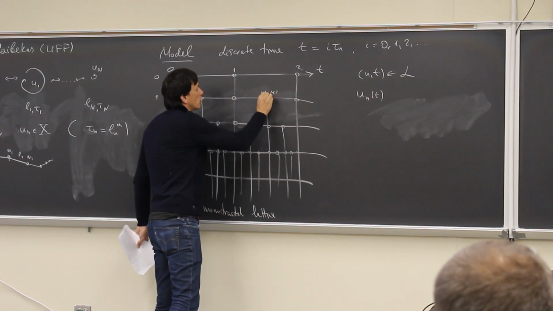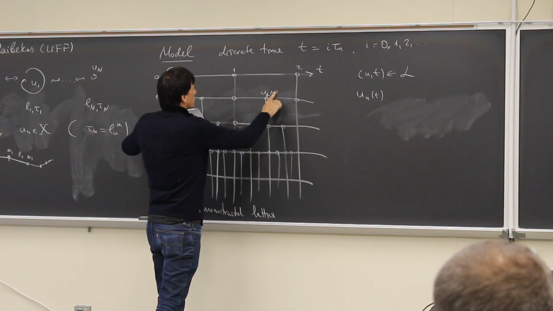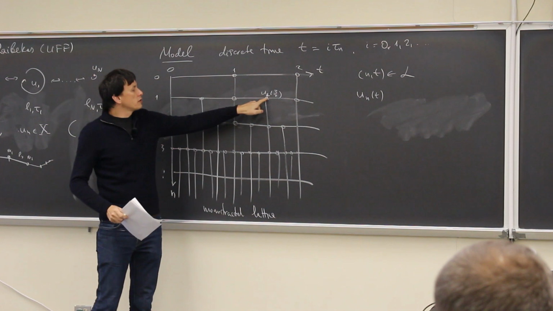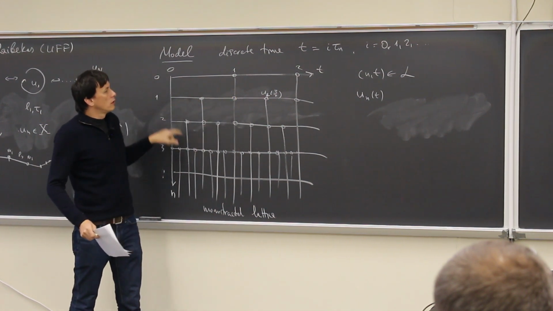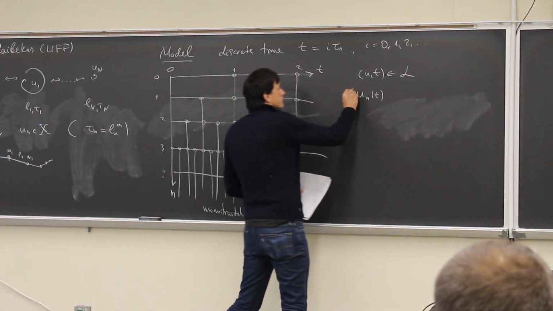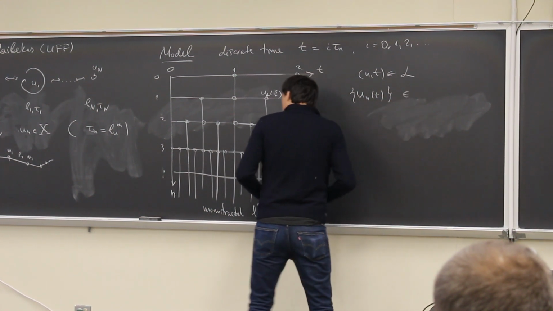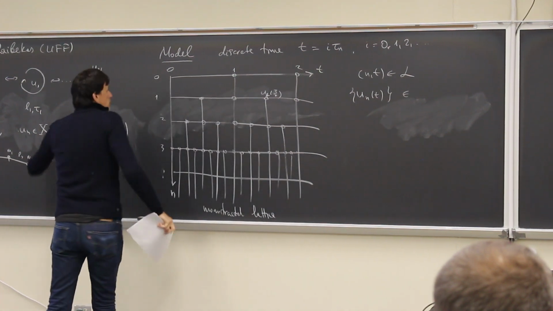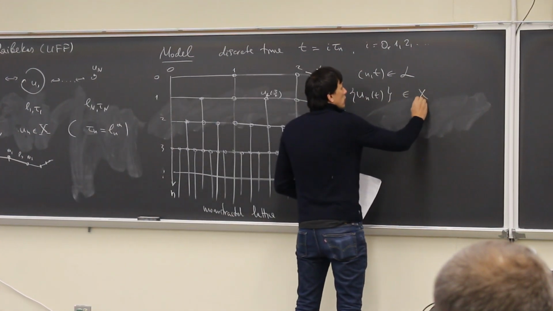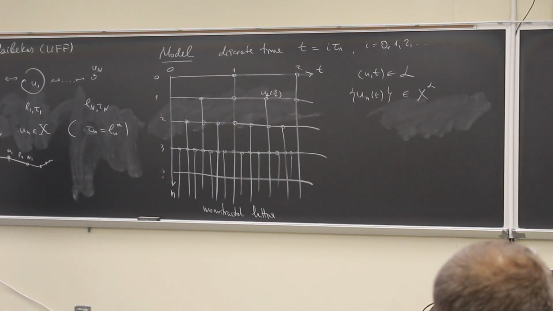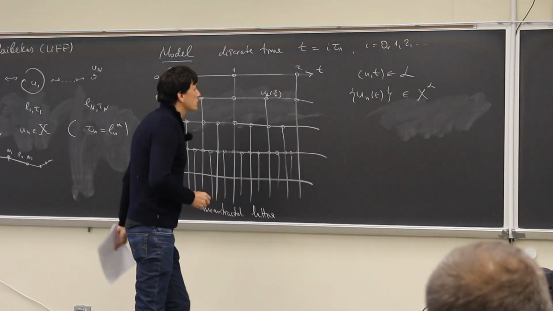So here, for example, will be u1 at the time 3/2, right? So at each point you have a variable. So the full field is, well, if u is in x, then the full field will be in x power L. So it's a product space, and we will work with product topology. So everything is understood in this way. Okay. So then the next step is equations of motion.